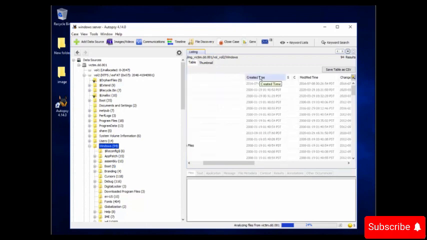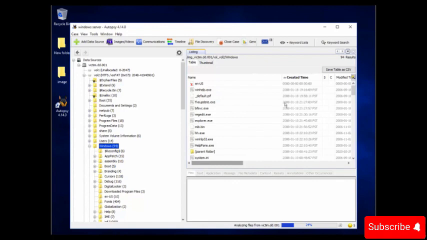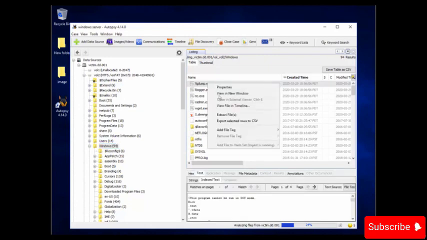Now just double click on it to sort by the date when the files were created. Now click on this again. Okay, now here we see a file called fgdump.exe. So let me extract and save this file so that we can scan it on VirusTotal.